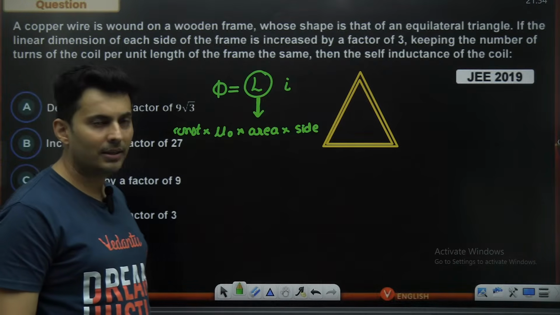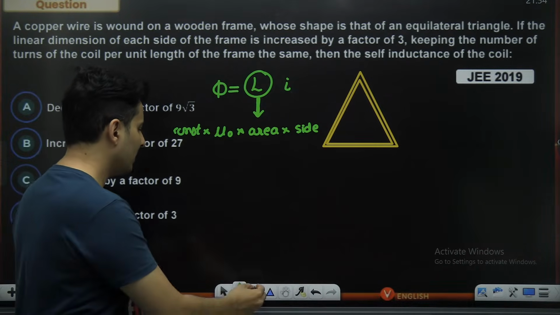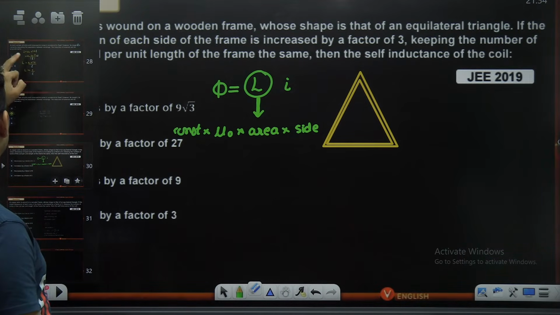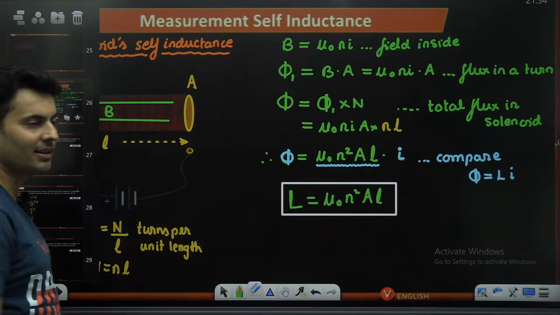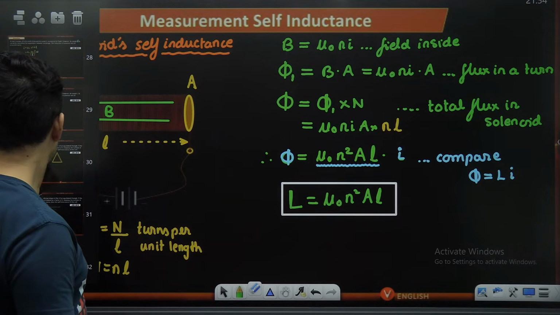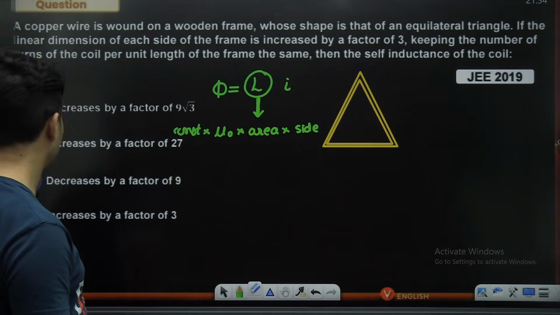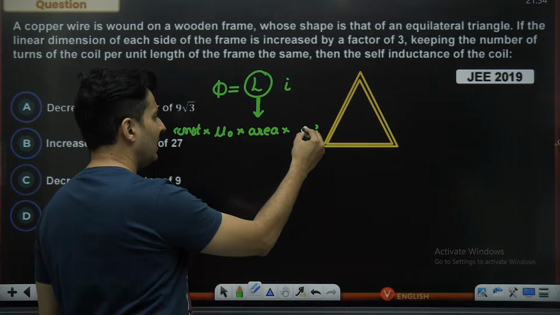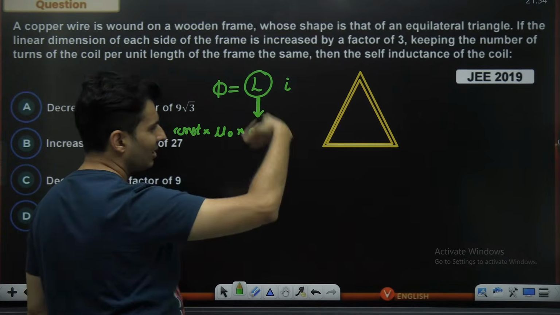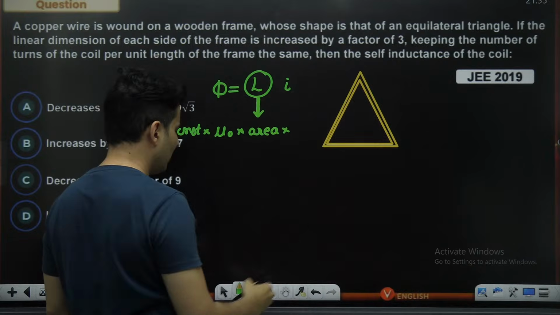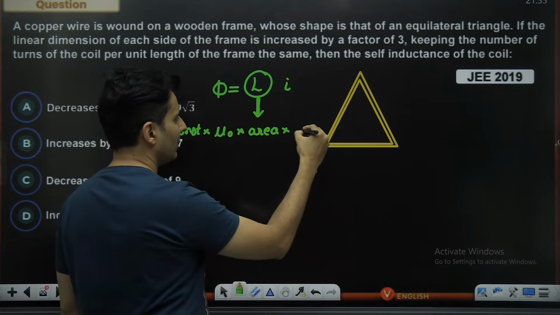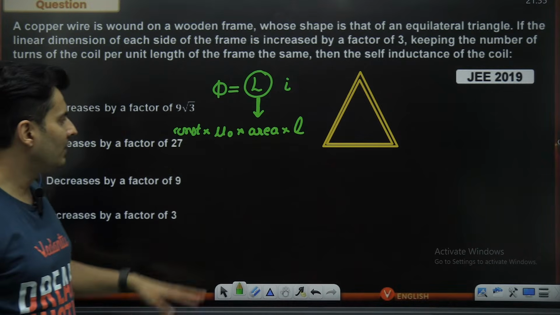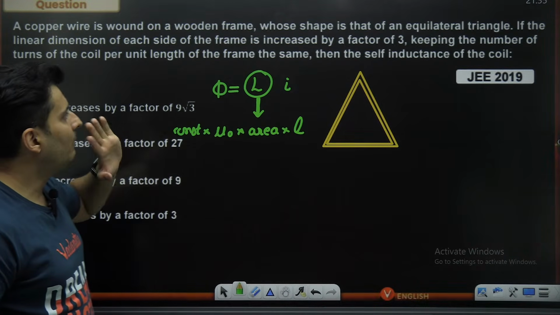Area will be a part of it, just like over here. Okay, and that's pretty much about it. Some side length, area, and all of that. Now, actually, this side length will also not be there. This will probably be the length or the perimeter or something like that. So some numbers will be there over here. Might be some length of that coil. Anyways, forget that. What is important is that area part.